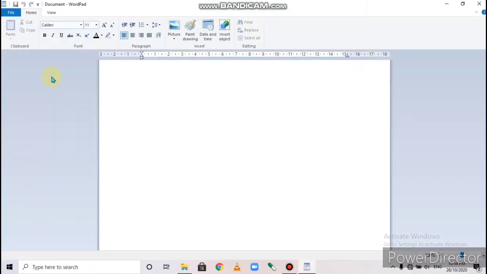Now, parts of the WordPad window. The WordPad window has the following parts. The first part is quick access toolbar. This area you can see at the top left side corner, this area is known as quick access toolbar.